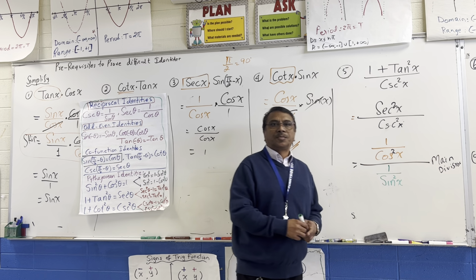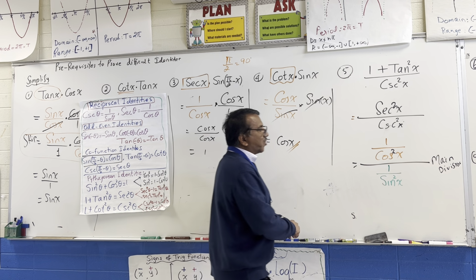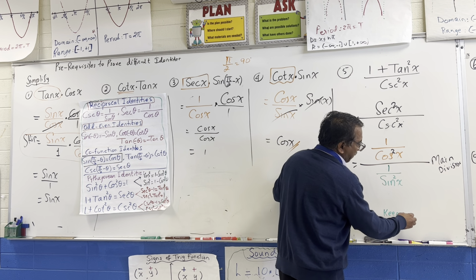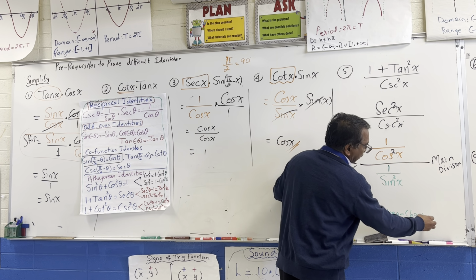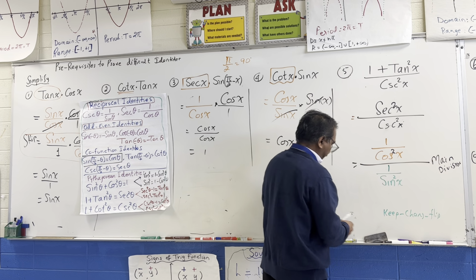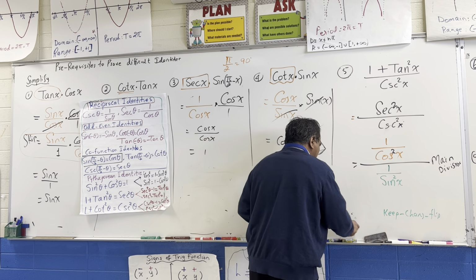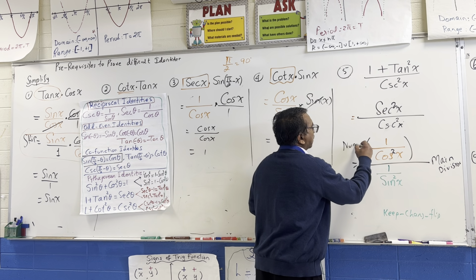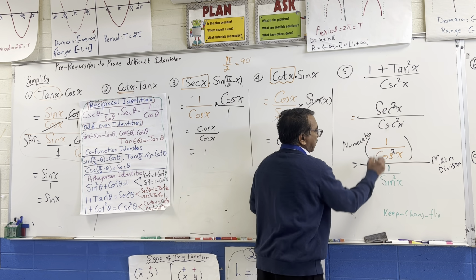Do you agree? Now, the next step is what you guys have always been doing: keep, change, flip. What does that mean? The main thing is the numerator and the denominator. Remember, this is the numerator, right? And this is the